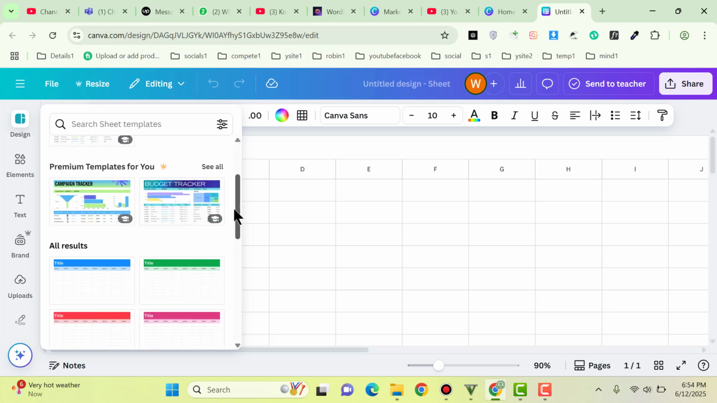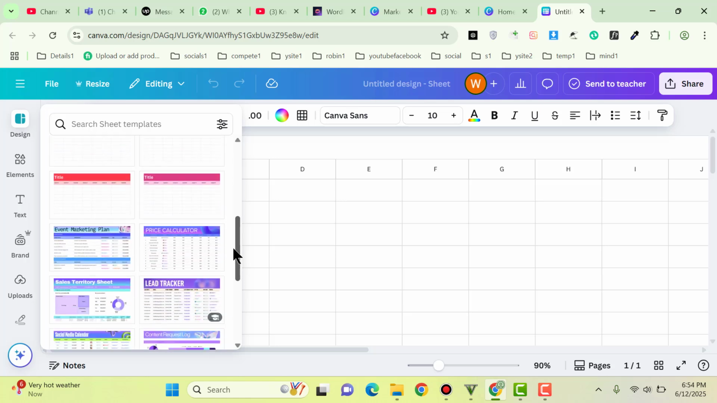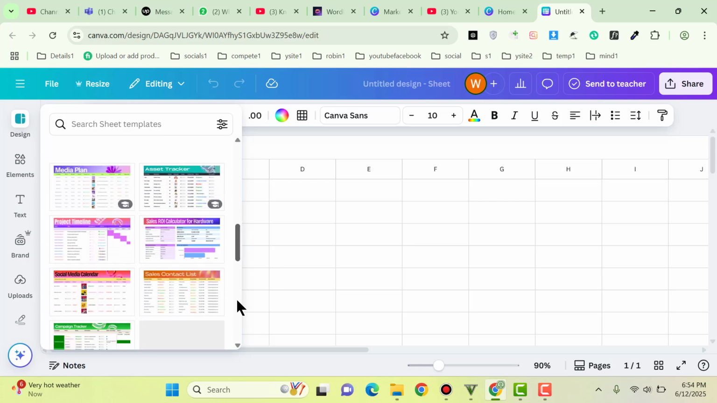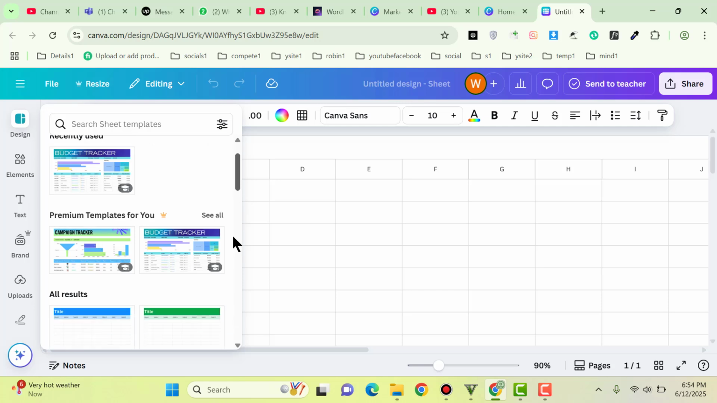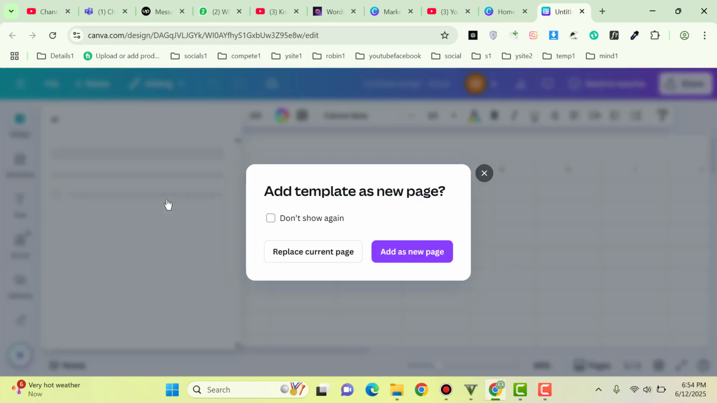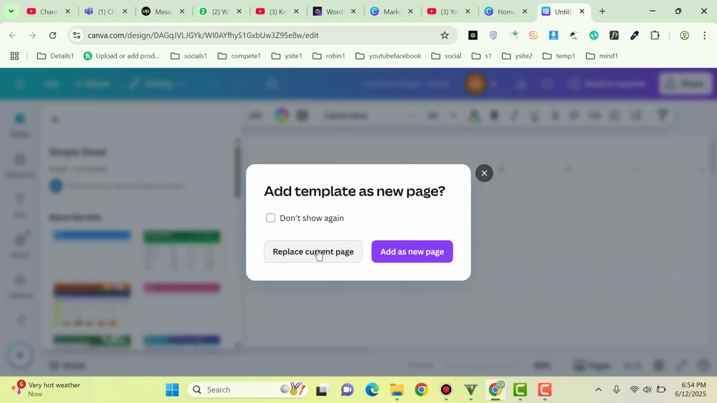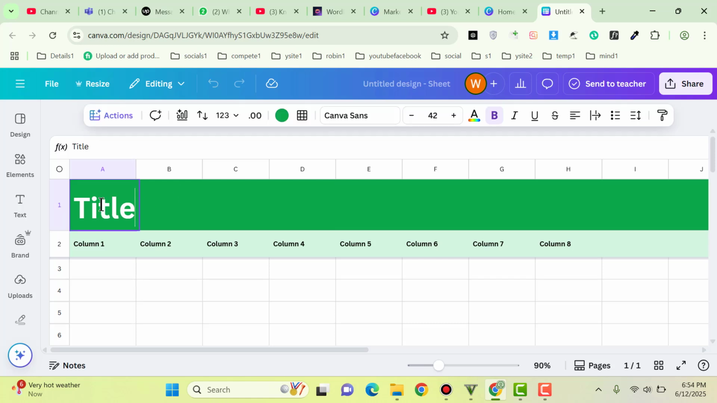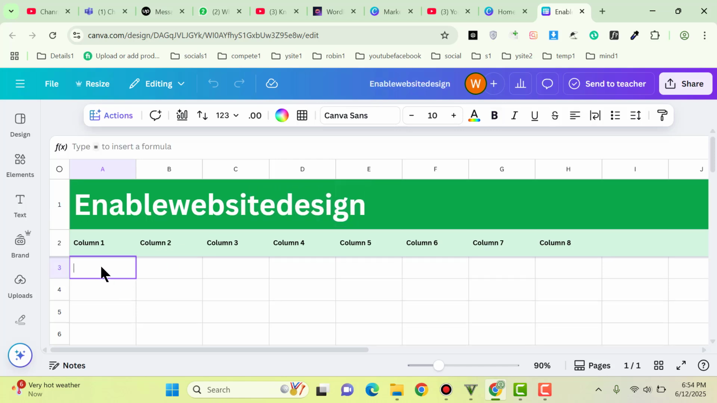So if you want to use pre-built templates and designs, then you can go here and select one of these. For example, let me select this one, and you can replace the current page. So after that you can add some title, then you can add here some content, and after that you can also change existing content. Then scroll down,